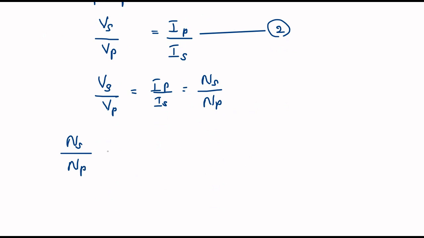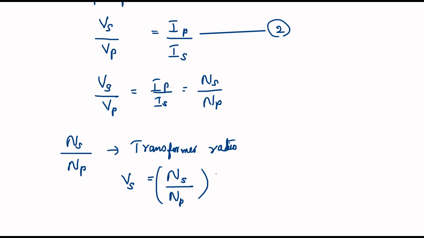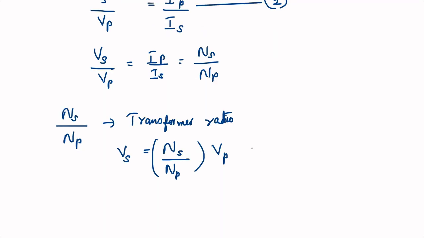Ns by Np is called the transformer ratio. How to represent Vs in terms of the transformer ratio? Vs by Vp is Ns by Np. So Vs is equal to Ns by Np into Vp, which implies that